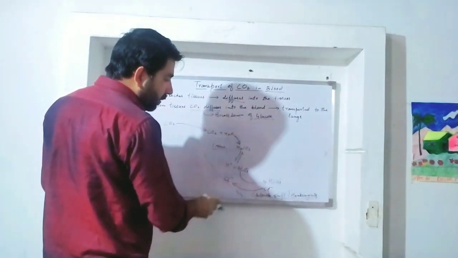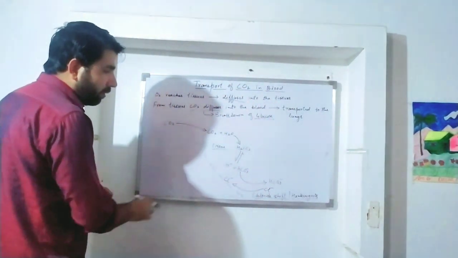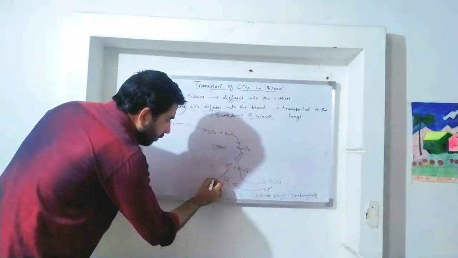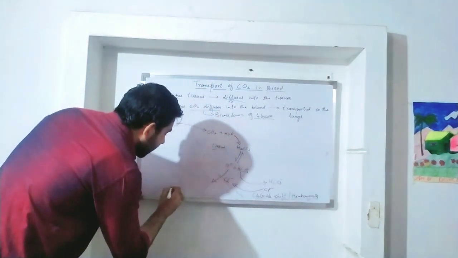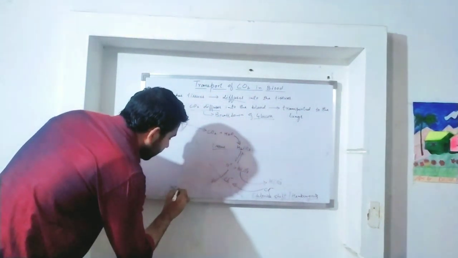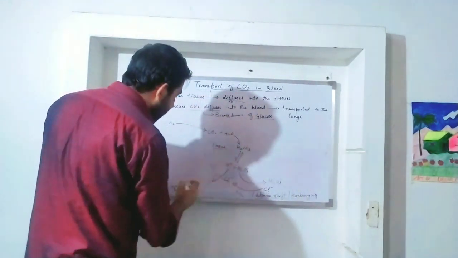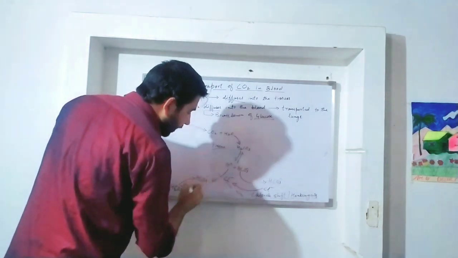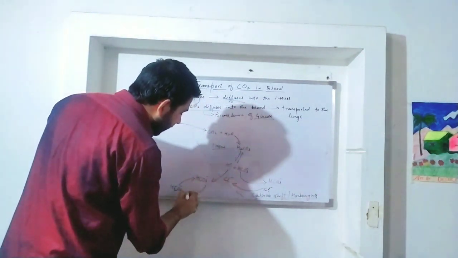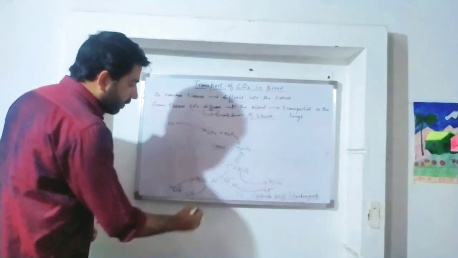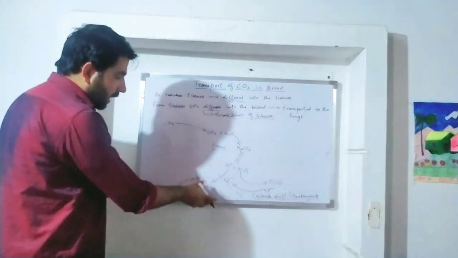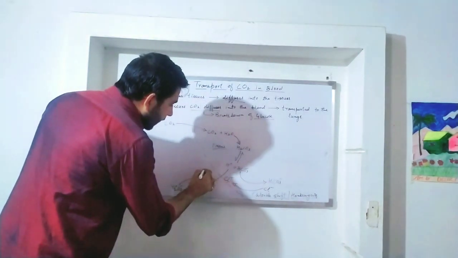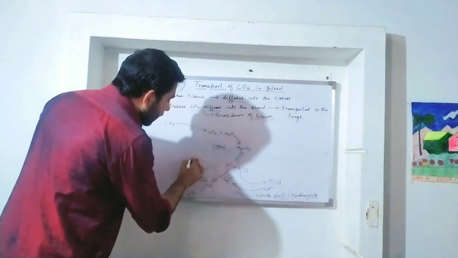Now inside the lungs the whole process is reversed. When the blood enters the lungs, the bicarbonate HCO3 negative, which was inside the plasma, again enters into the RBCs, and chloride ions are expelled out. Then HCO3 negative reacts with the H positive to form the